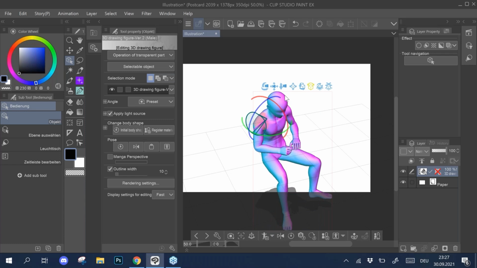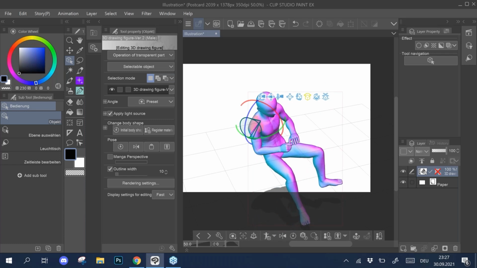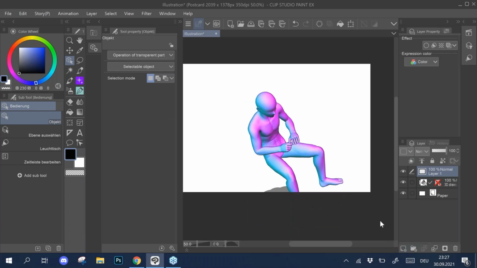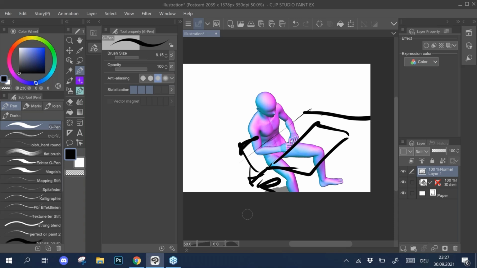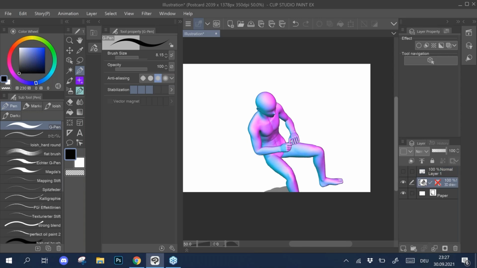So I would just rotate the figure, and then let's say I put the table right here and create a perspective like that, which you can do, but then you can't really continue working with that 3D model